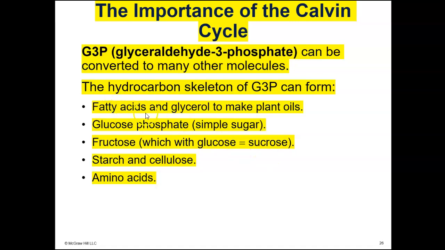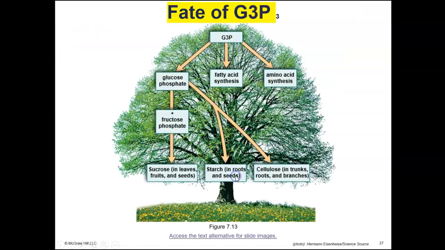G3P can be converted to fatty acids and glycerol to make plant oils. G3P can be converted to the polysaccharides, starch and cellulose, and G3P can even be converted into amino acids. So we always think about the product of photosynthesis being glucose, but you can see here that the real product is G3P, and G3P can be converted to all of these other